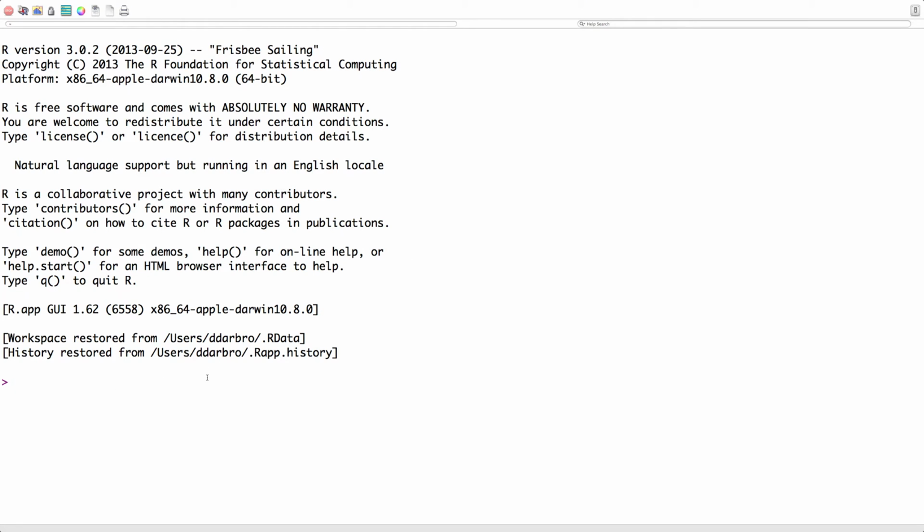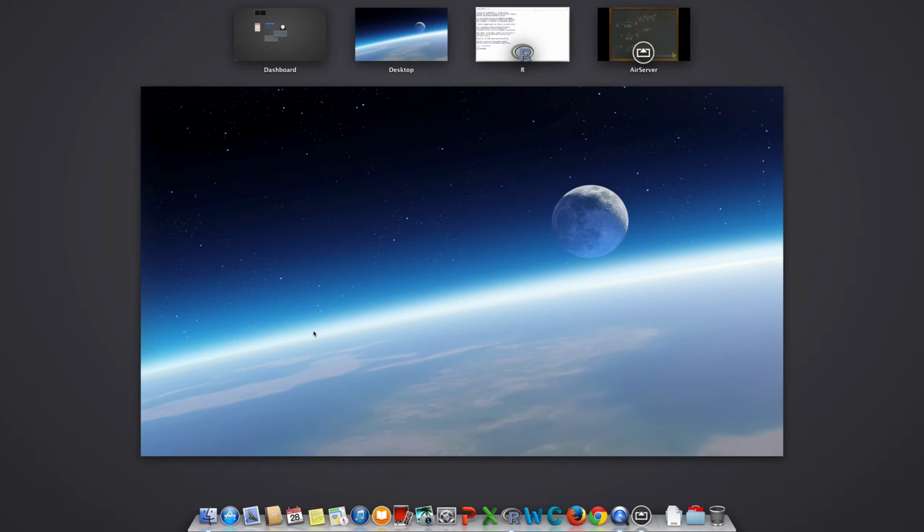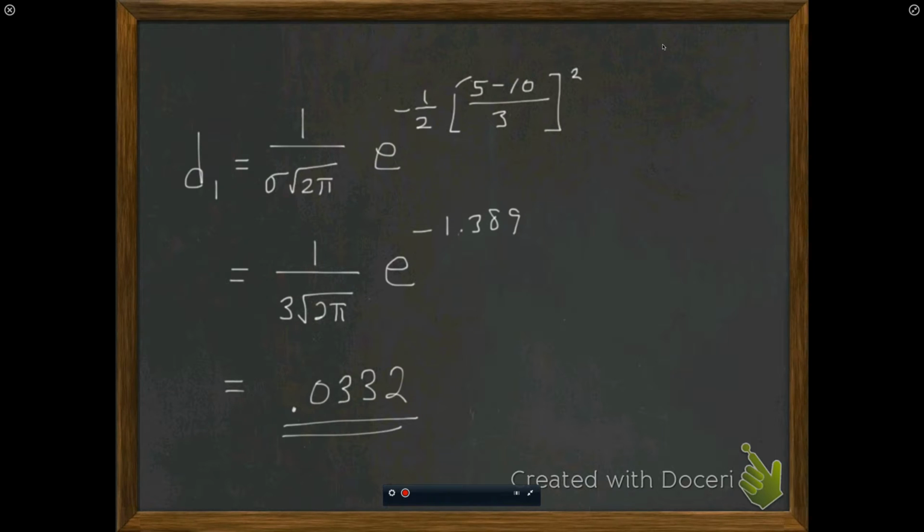So guys, if I bring R up, I can do the density for the first observation using dnorm. And of course I want it at the y value of 5 with a mean of 10 and a standard deviation of 3. So guys, d1 is exactly the same thing that I get using the formula. Now, let's go back to this. Now, the next thing that we know